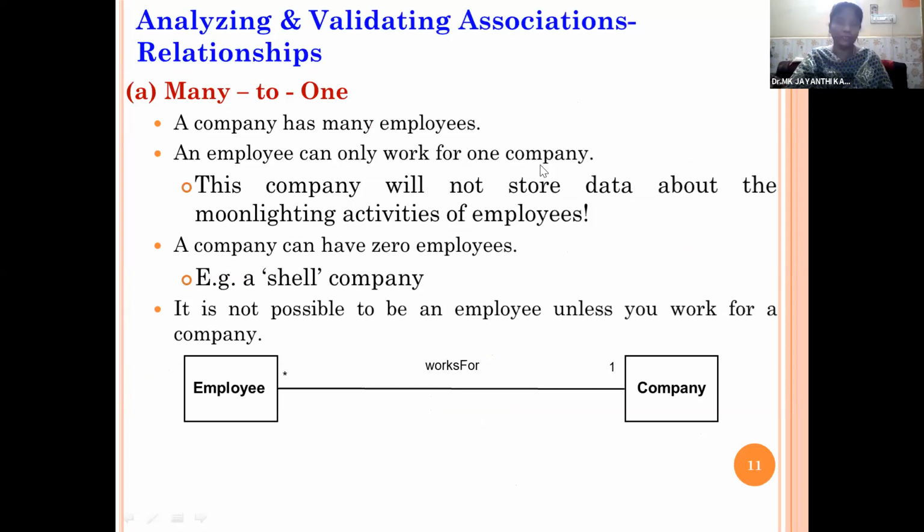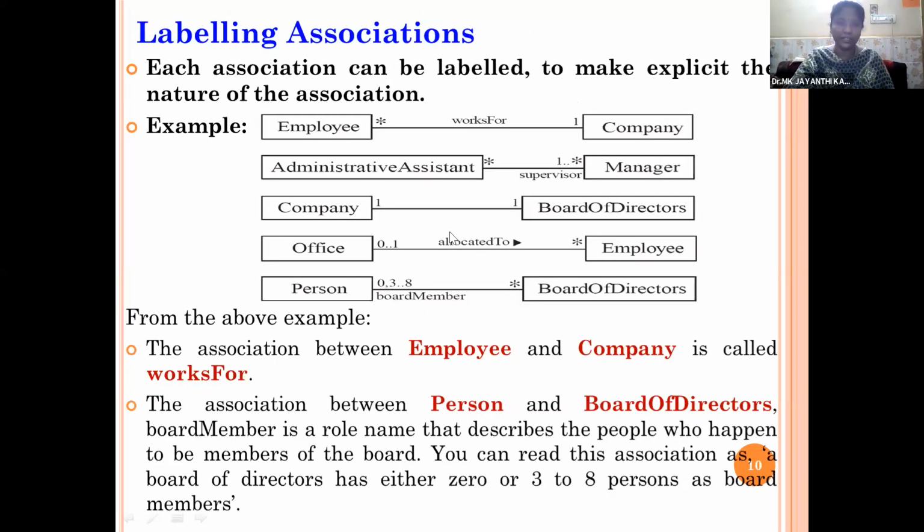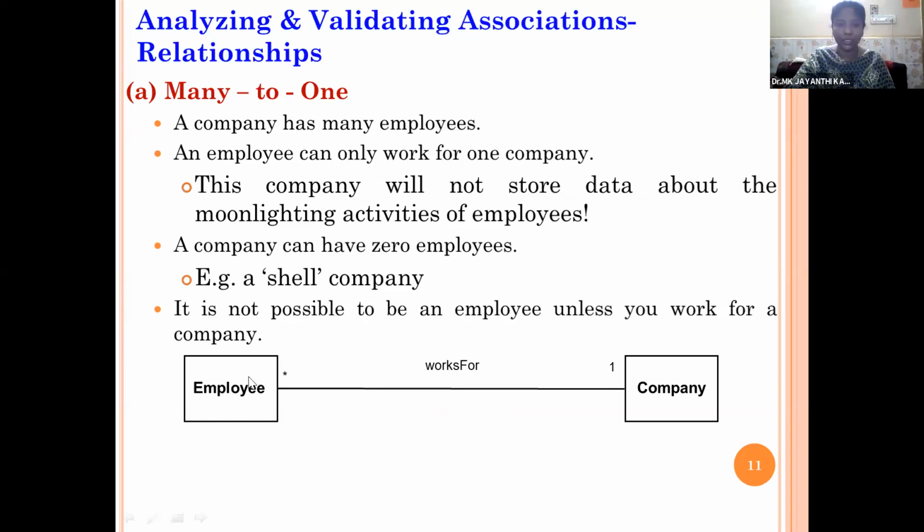And analyzing and validating association relationships, the relationship may be many to one. So here star represents many. So many employees are associated with one company. Employees can only work for one company. So a person can work for only one company. This company will not store data about the moonlight activities of the employees.